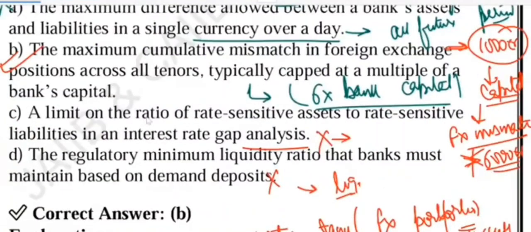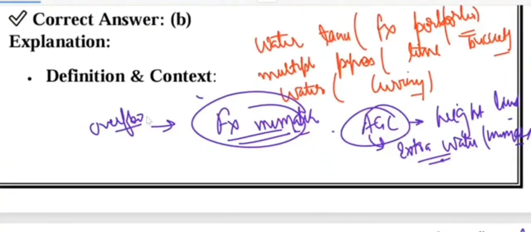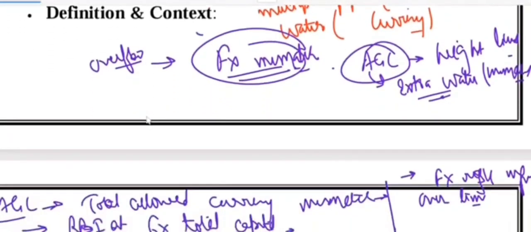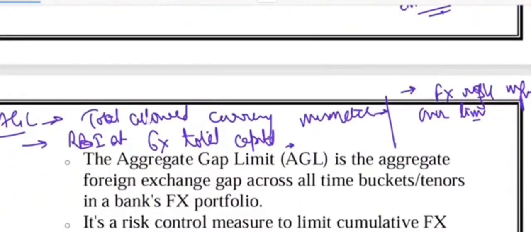Then we talk about AGL, aggregate gap limit. So what is AGL? AGL shows the total allowed currency mismatch. And RBI fixed the AGL at 6 times the total capital. It helps in foreign exchange risk management over the time. So remember, total allowed currency